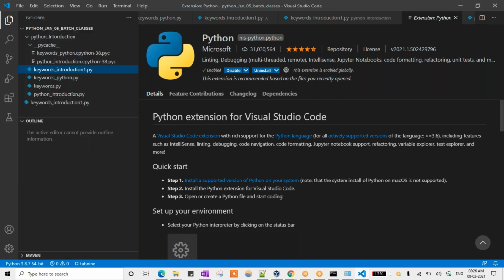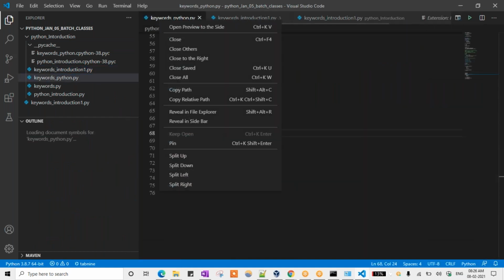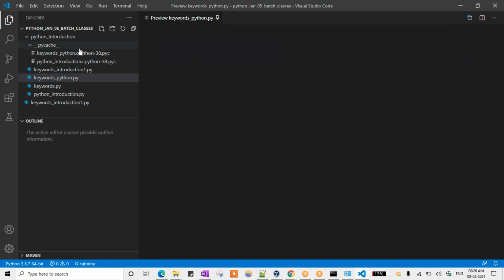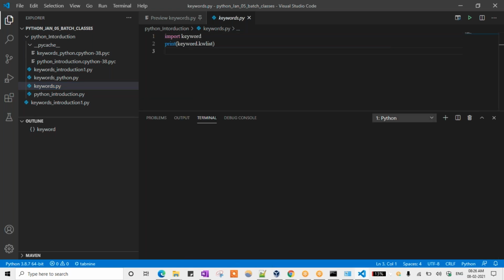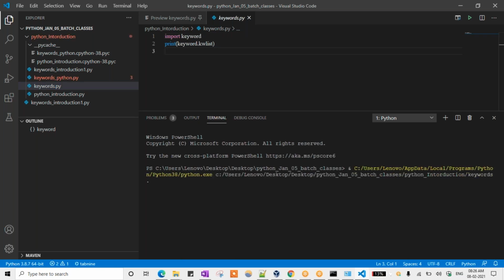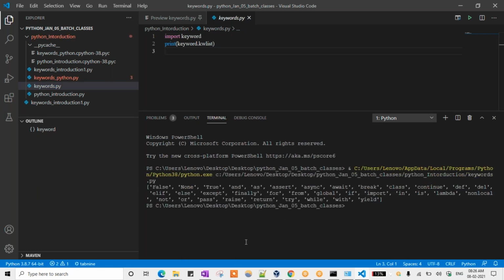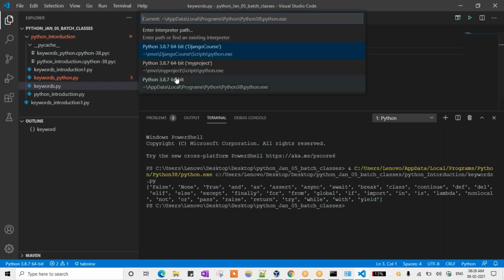Okay, just go to the Python file here and close all these files. I'm just opening the terminal here and the Python file, and after seeing this one, you can run that. So here you will get the output, right? On the left side, you are seeing that version. What is the Python version of that one? Right now it will show 3.8.7.